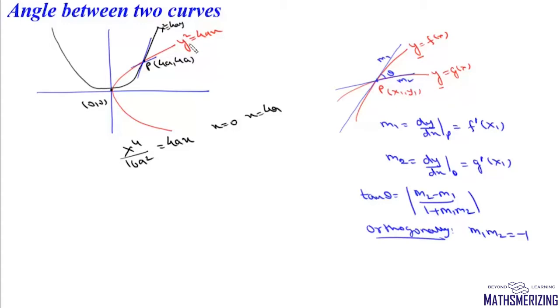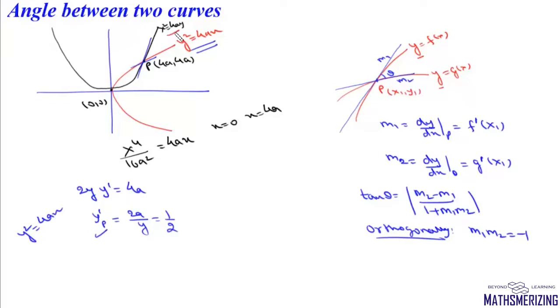Now we need to find angle between these two parabolas at this point of intersection P. So we'll find the slopes. So we'll differentiate this parabola. So we'll get 2y into y dash, and this is 4a. So y dash at this point P is 2a upon y, and y in this case is 4a. So it will simply be 1 by 2. So for this parabola, y square equals 4ax, slope of tangent is 1 by 2.